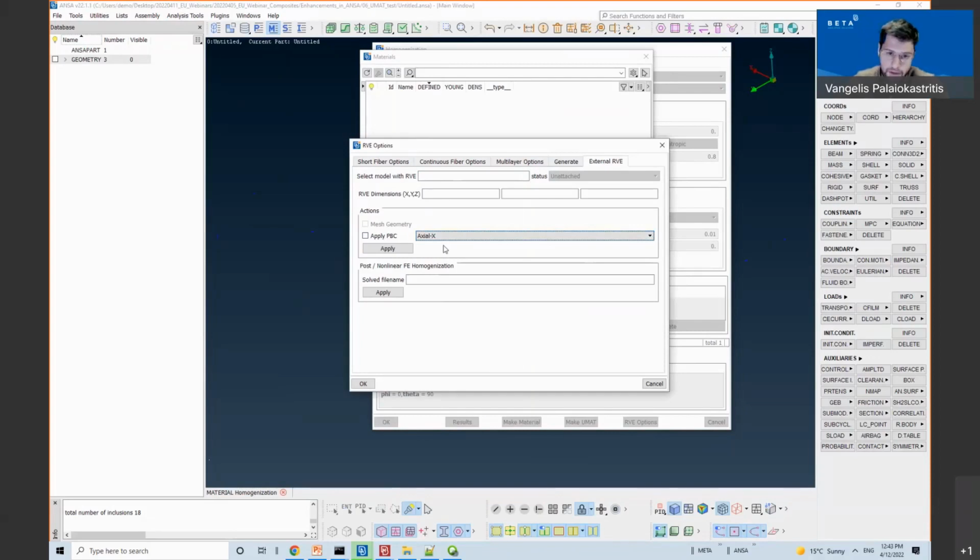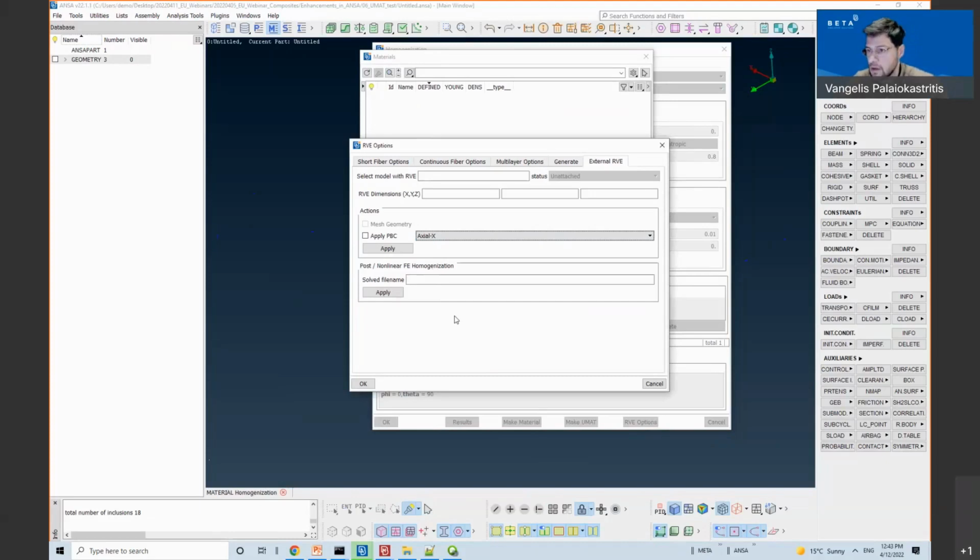I can do the same as generate also for RVs that are not created by the tool. And once I have an RV solved, I can post-process it to estimate the average response, which is the response of the homogenized material.